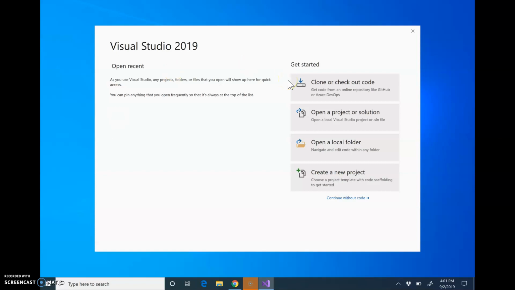And then sometimes I will give you a project file, and you will be able to open a project or solution that you've downloaded from the internet. But today, I would like to show you how to start a new project, which is what you'll need to do for the first few lessons in the course. So click Create New Project,